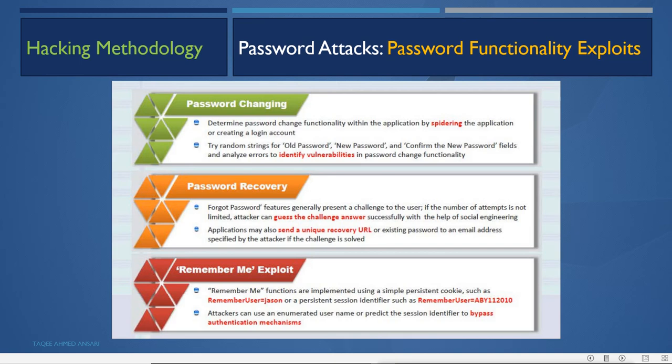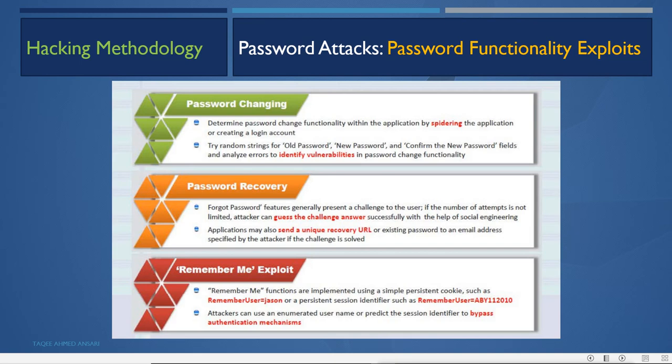And if there are no limited attempts configured on the application, then the attacker can do unlimited guessing, and it will try to reset the password. And when it says reset the password, the application may say that you will get the new link on this email address, provide the email address to get the new password reset link, and then the attacker will send its own email address, and then it will reset the password.